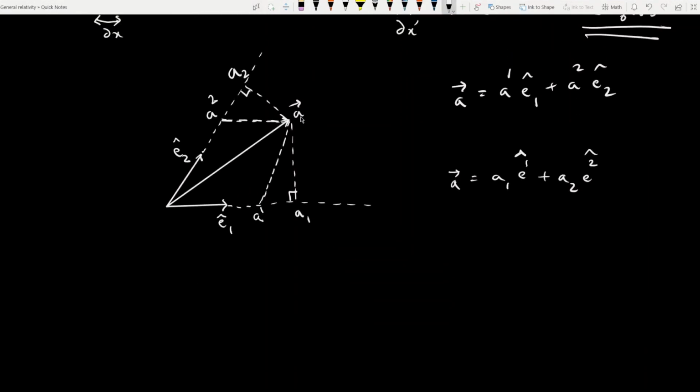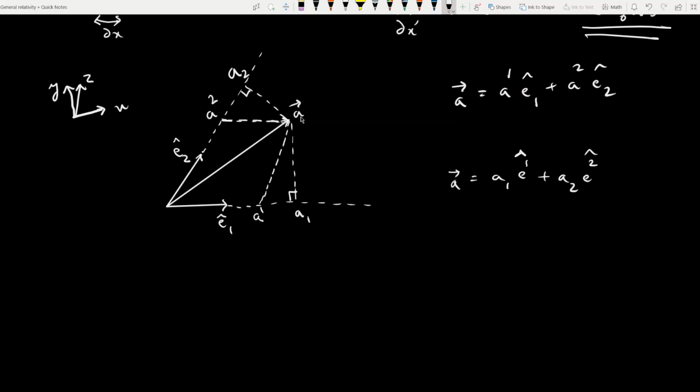Okay, so here I have drawn out, in general relativity you will always find space is curved, meaning the coordinate systems will not be orthogonal. In Cartesian coordinates, x, y and z, they are orthogonal, right? x, y and z are perpendicular to each other. But in general relativity, x, y, z won't be perpendicular to each other. They may be curved, they may be oblique. So in those cases we have to look at